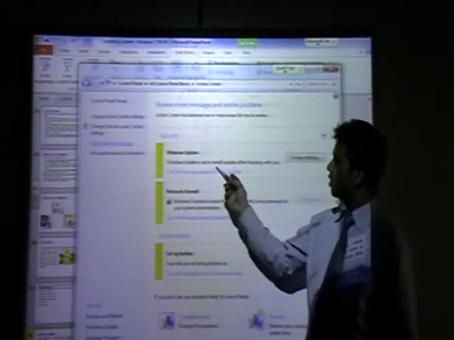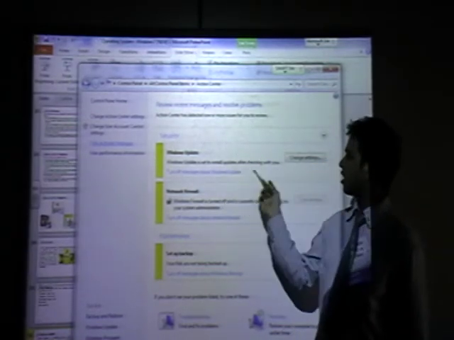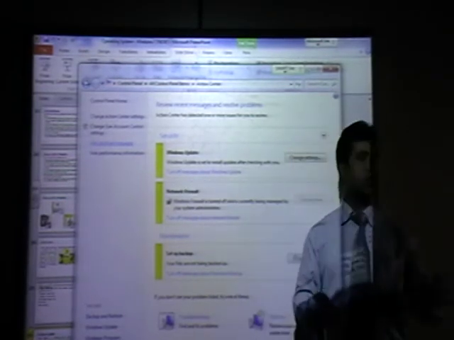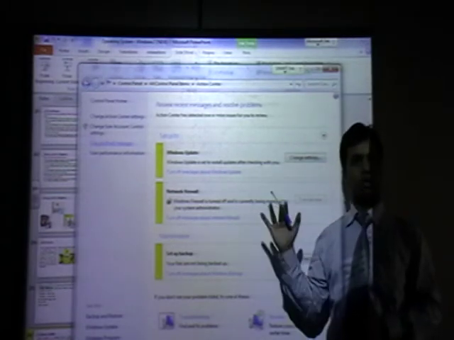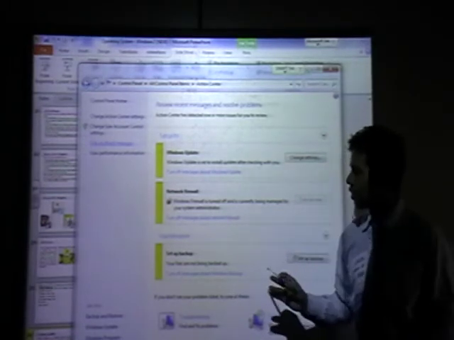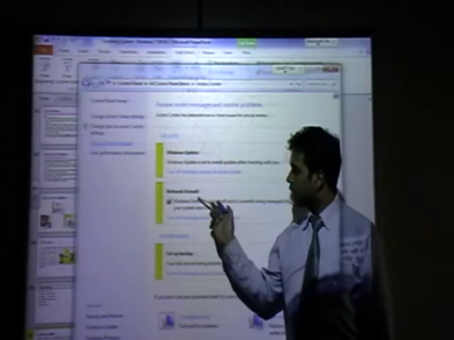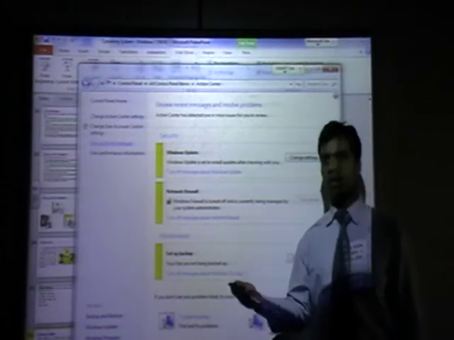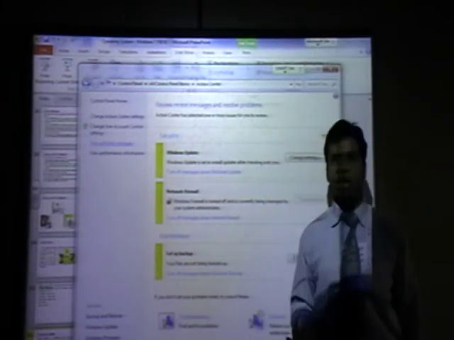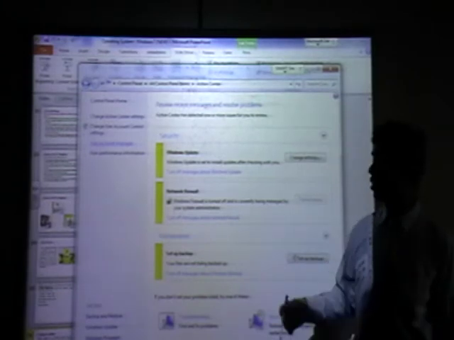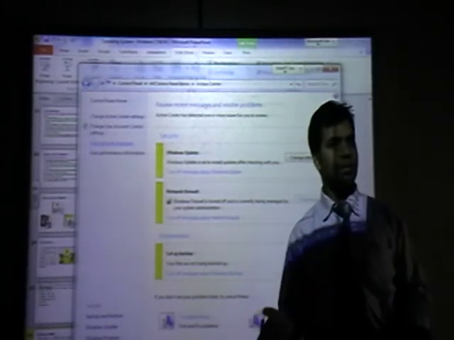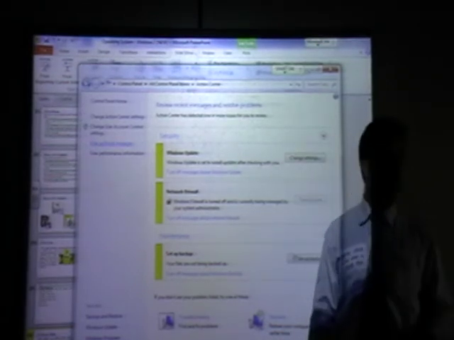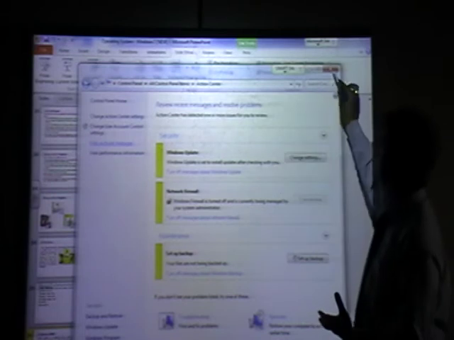It is telling Windows update is set to install updates after checking with you. Turn off Windows update. Here it is off. I put it off because it is already updated, a new version of Windows. Network firewall. You see it is yellow color, means it is not necessary. It is optional, you can do it. See, system backup, you can do it. Computer suggests. If you want, you do. If you don't do, no problem. When you see red color means you must do it. It is important.